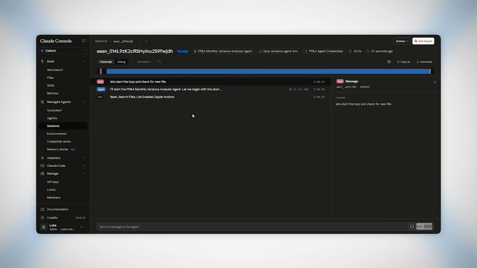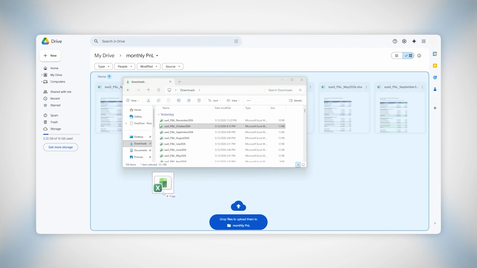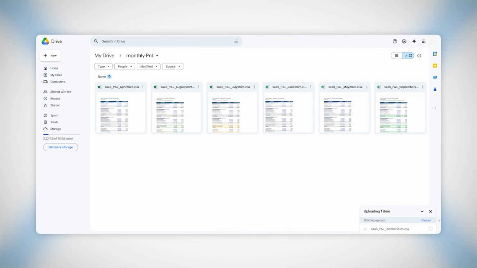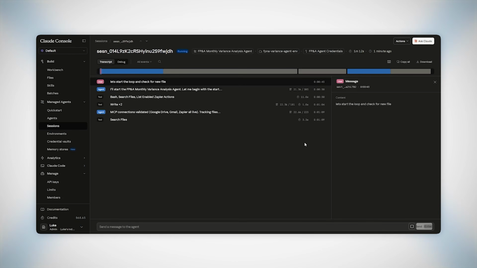Now, this is the part that makes the architecture real. The agent is not tied to a single fragile session. The configuration lives independently, and anytime you spin up a new runtime against the deployed agent, the full workflow comes back with it. And that is what allows the same agent to be deployed against production reporting environments without rebuilding